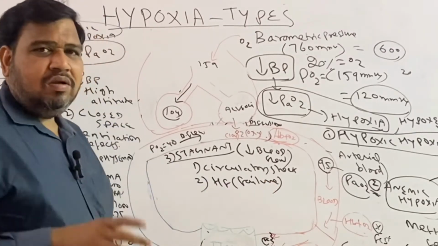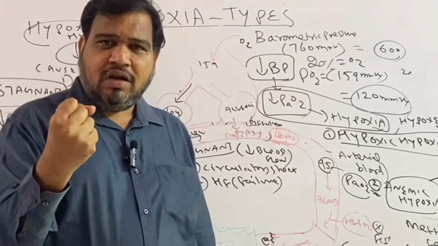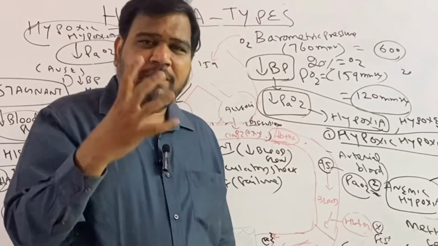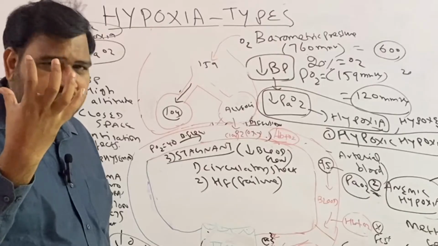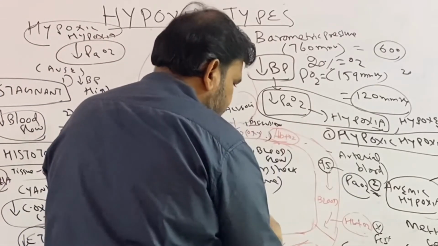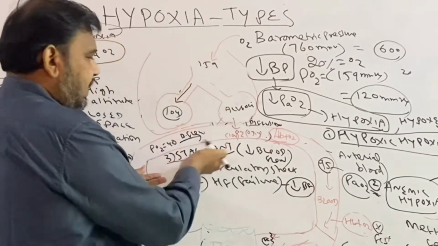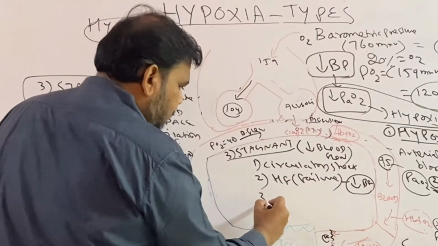So what happens in heart failure? The heart is the one which is pumping, for example, the left ventricle. The left ventricle pumps the oxygenated blood, which enters into the aorta. When the pumping capacity is decreased because of heart failure, especially left heart failure, when the left ventricle is not pumping the blood properly, what will happen to this downward arrow? The blood flow is decreased. So decreased blood flow, which is stagnant hypoxia. So one cause is shock, one cause is heart failure, another third cause is local